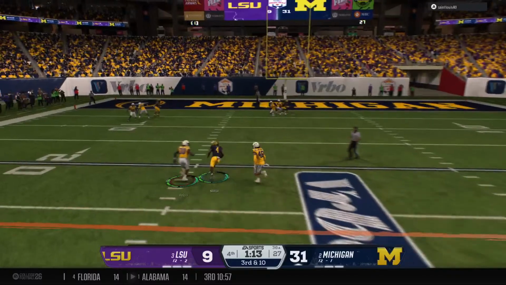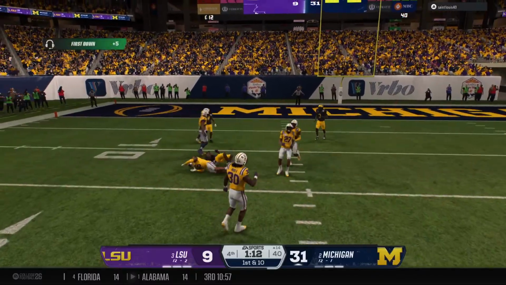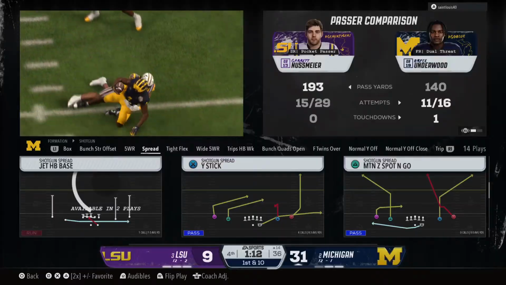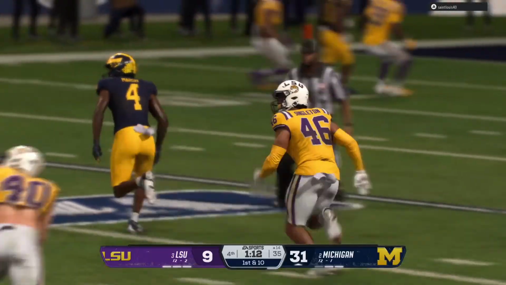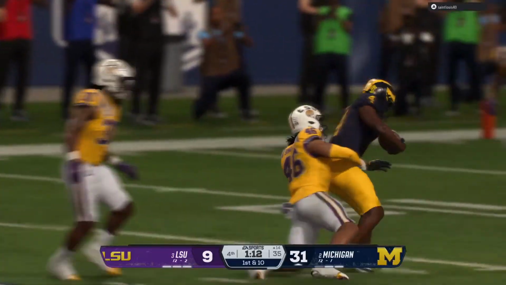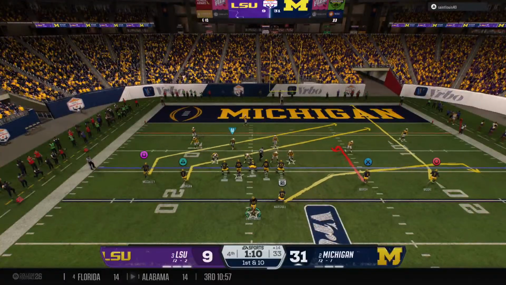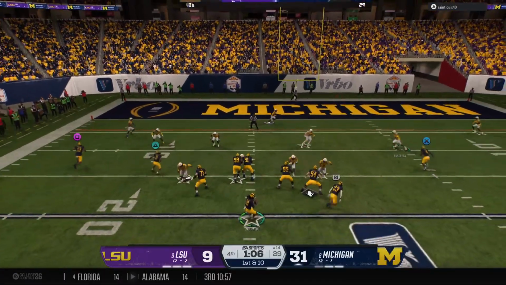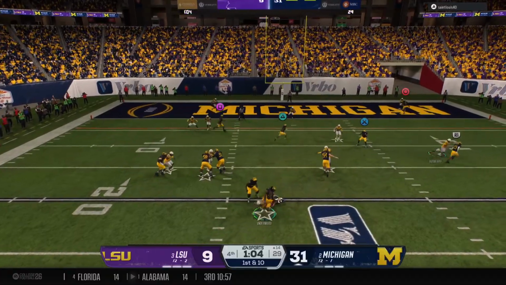Makes the throw across the middle of the field. Catch made in space. Look out. They finally make the tackle, but he gets all the way to the 14. Well, Chris, this is why they're here, right? This is why they're in the postseason. You get to a critical moment in this game with the lead late in the game, a chance to really put this game away, and they convert.